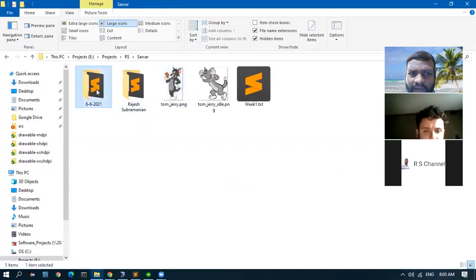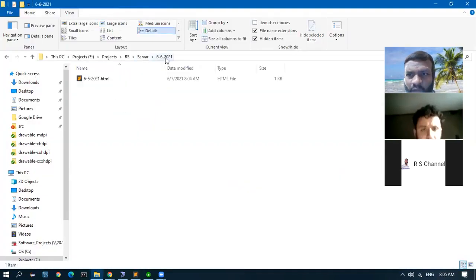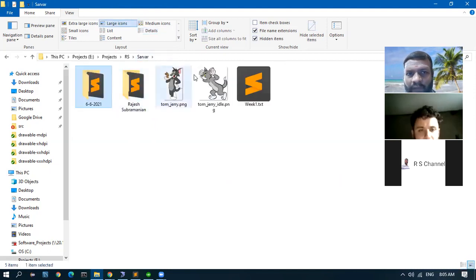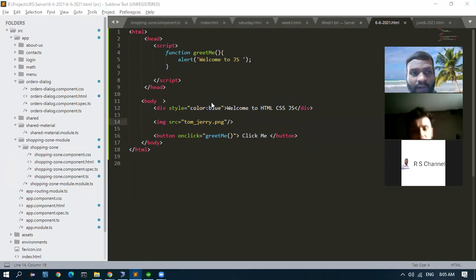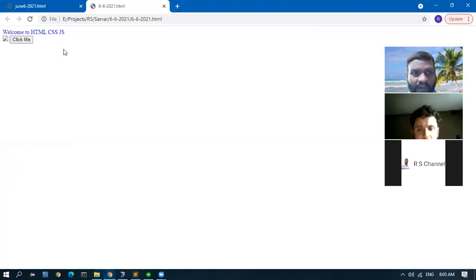the HTML is inside 6621 folder, but the image is outside that folder. So the image has to be within the same folder, or you have to give here a correct path for the HTML to reach that image. So let's take a moment and see what is